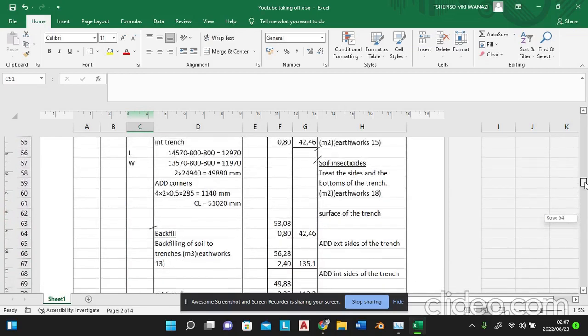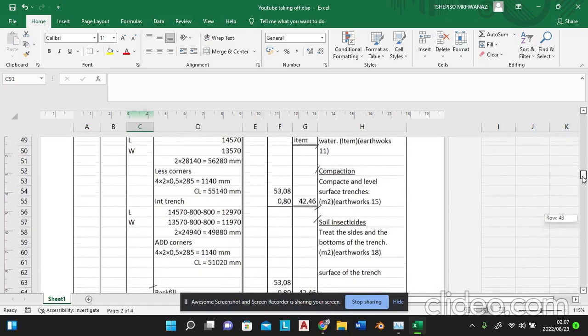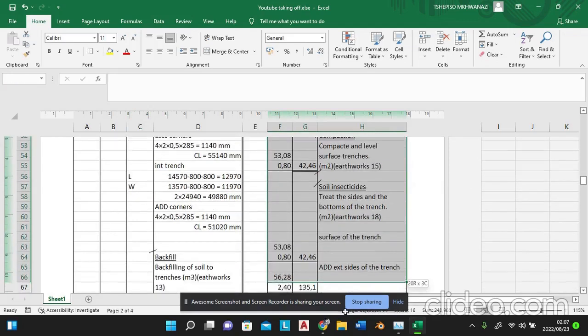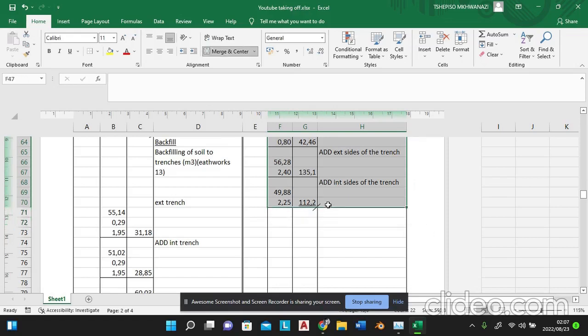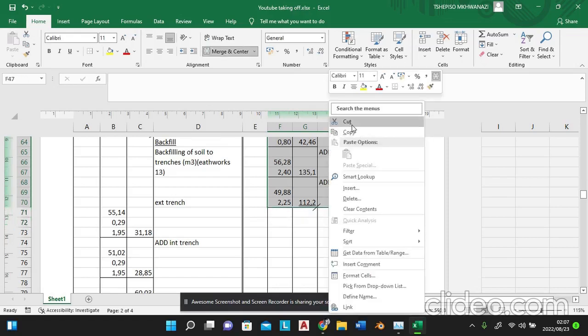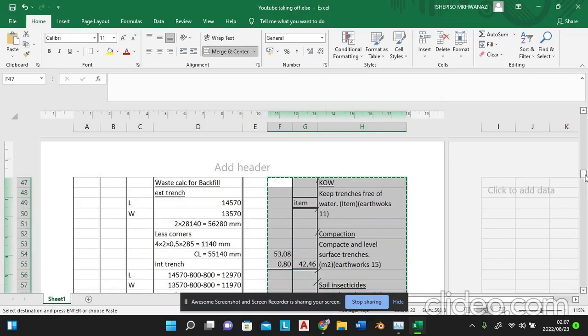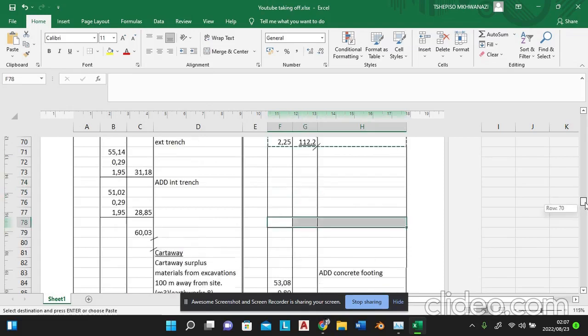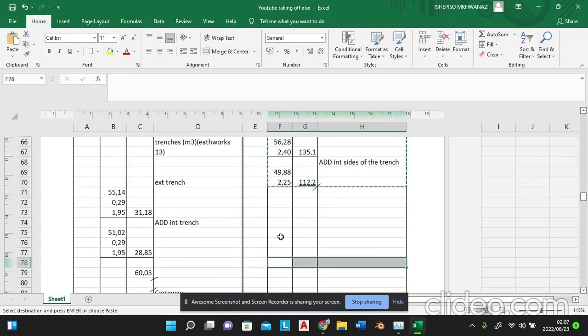Also include, I can just add the topsoil, but let me do this. I'll have to move this a bit down. I'll talk about this, I will explain them. I want to move them down. I will select them, all of them, so that I move them a bit down. Maybe I should cut. Yeah, I should cut. Yeah, maybe I should put them here, around here, and then like they will take their own space. Like I think this thing is going to end there. Let me put them around here,